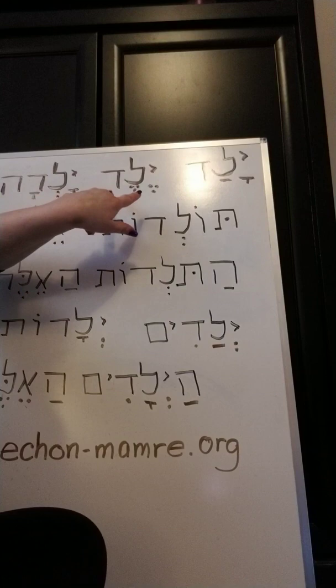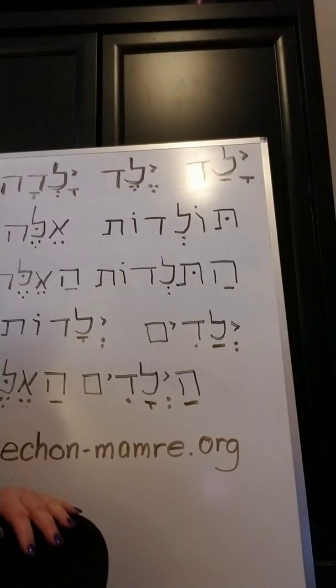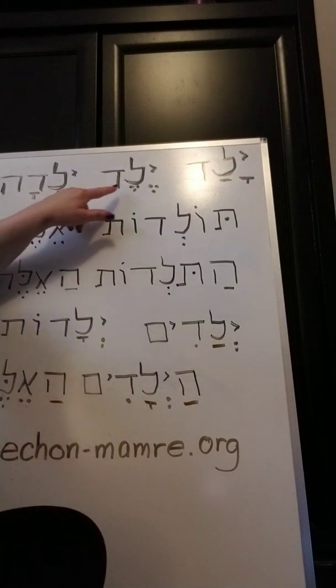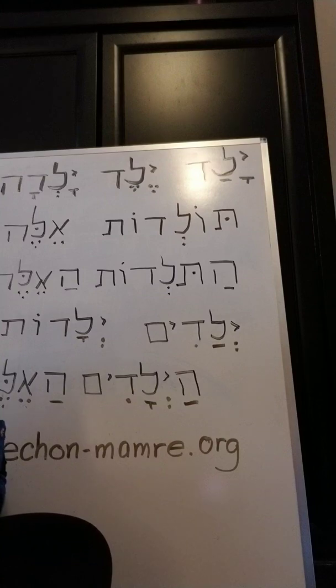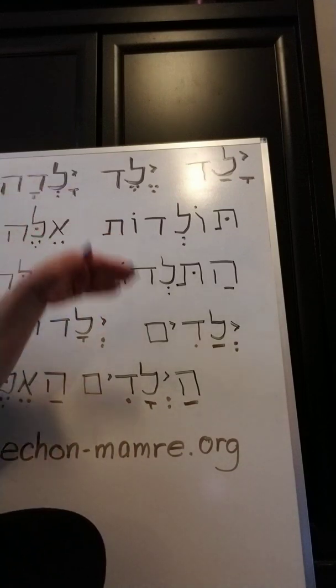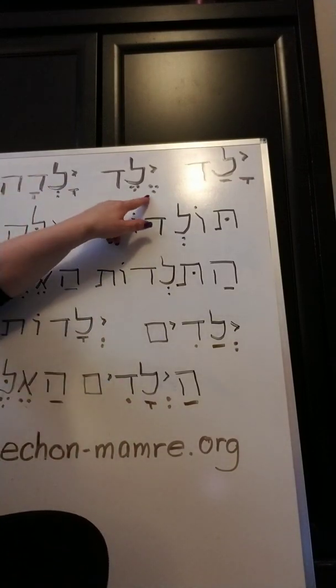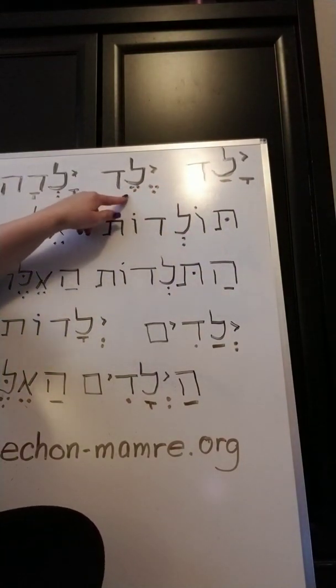And I've mentioned this before as well, but when you have the 2 segols, you don't put the accent on the second syllable or on the last syllable like you do with most words. It's not yeled or melech or negev or any of those words that have those 2 segols. The accent's towards the beginning of the word. So this is yalad, but yeled.